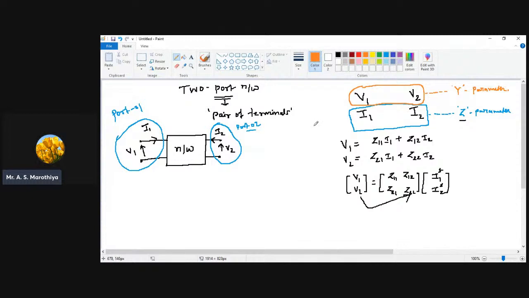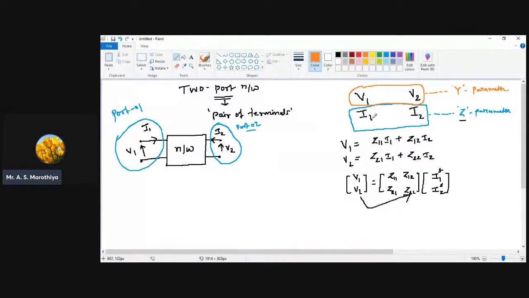Let us try to find out the mathematical equations for representing Y parameter in case of two port network. Let's try, and tell me what is the answer for that. Now, have you tried for this? Okay. So in this case, our objective is V1, V2 are independent,